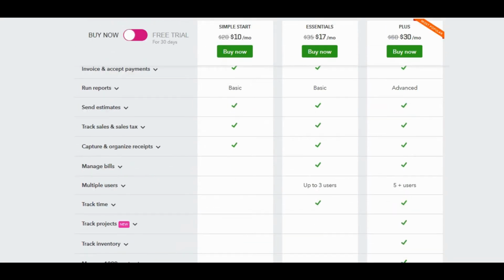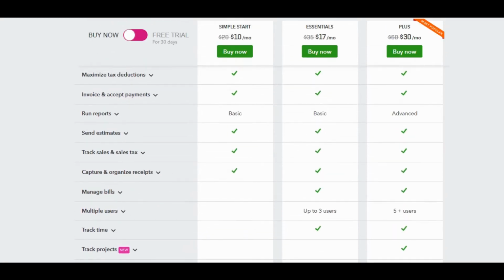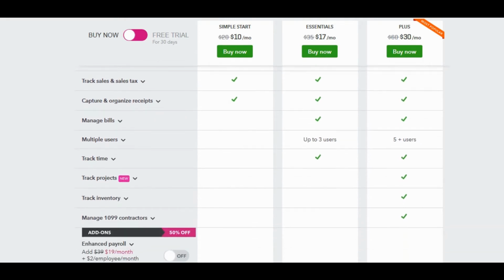Now, why do we want to move to the Essentials? Well, you can see with the Essentials, when we move down past all of the Simple, we now can manage our bills. When you're working, as most companies do, to the accrual-based accounting system, and you're not working to cash, and I'll explain that when we get to the accounting part, what that means, but for you, this is what this means